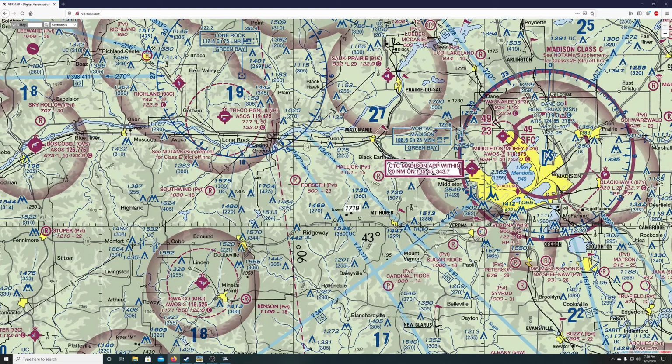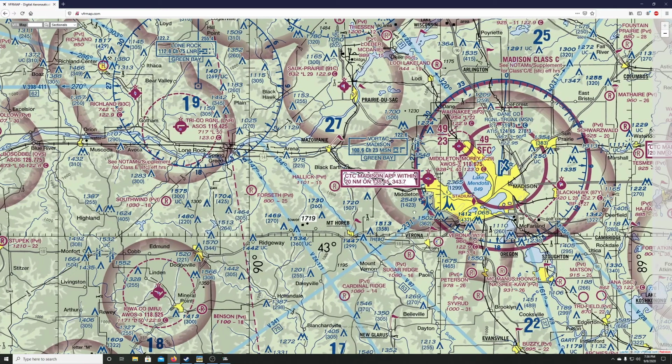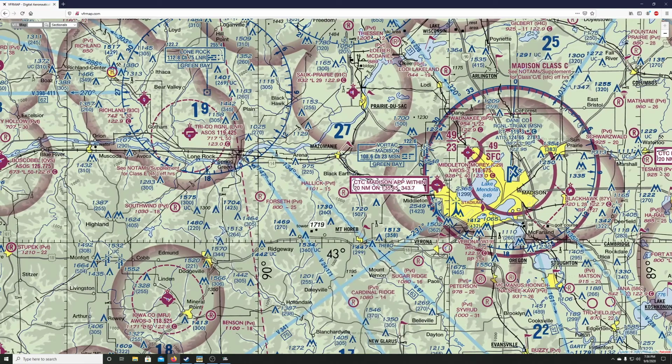It'll just be myself, so I'll hopefully be a little more focused on the actual flying and less on the talking. Nevertheless, I will still try to explain what I'm thinking and why I'm doing certain things. So we'll be starting off from Middleton Maury. I'll be taking off probably from runway 10, and then flying a simple pattern, departing the pattern to